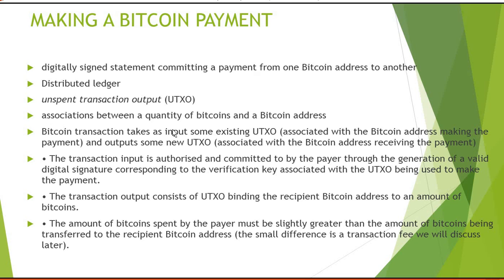And here, for each and every Bitcoin, how many Bitcoins are transferred, and what is the Bitcoin address? Okay, so that needs to be kept track of. So those details will be there in the ledger. Okay, in a distributed manner, the ledger is maintained. So if I want to transfer the Bitcoin, the UTXO, unspent transaction output, right? That will be fetched.